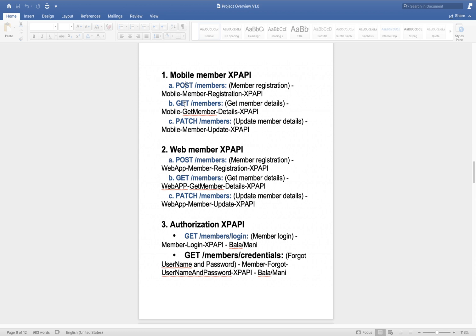Yes, this explanation is correct. Whatever method name we are using, GET, POST, PUT, PATCH, it's not any rule. We are just following best practice, and that is API governance. In API governance they have given this best practice: whenever you are retrieving a resource, use the GET method, and whenever you are creating a resource, use the POST method. So these are not any rule or constraint, these are all best practice.